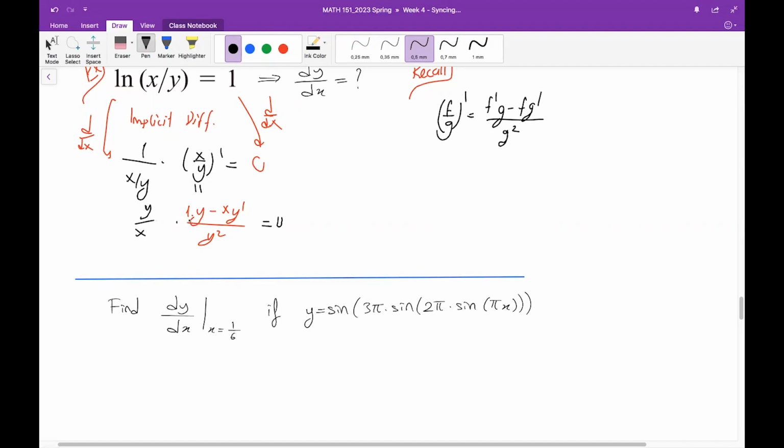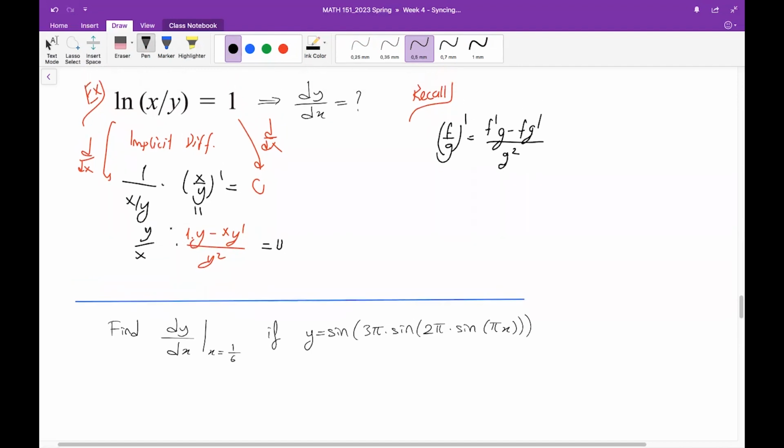If this product is 0, what do you understand? As Y depends on X, it is not a 0 function, so this numerator should be 0, right? So this should be 0 then. And from here, Y prime is solved as Y over X. And this is the final answer. Okay? We solved for Y prime.